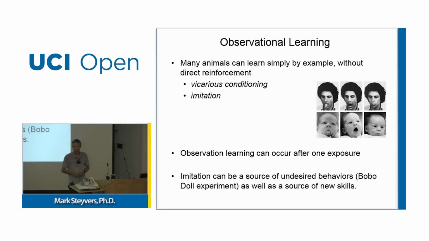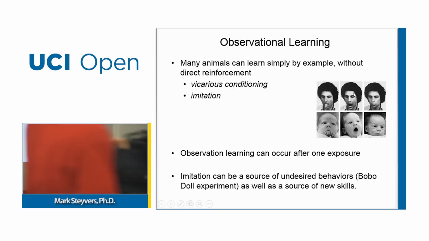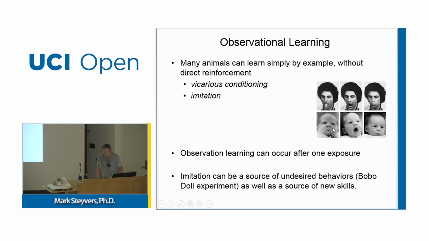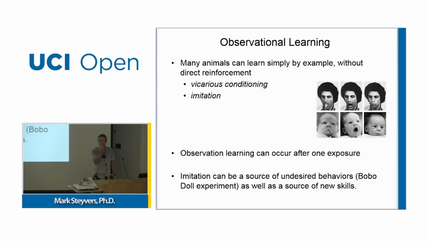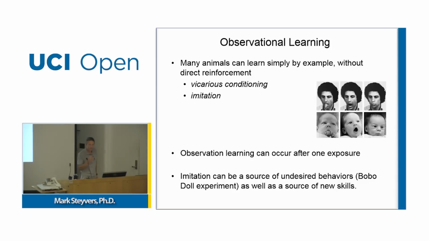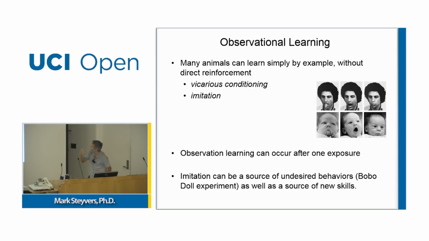This relates to your question earlier. Monkeys can learn by observing what other monkeys are doing. Infants can learn to imitate adults. Just when they're born, they learn to imitate their parent sticking out their tongue, which is an amazing behavior. Think about all the cognitive machinery that's needed to do this. You need to recognize that a tongue is a tongue, and I have my own tongue, and this is what I need to do to mimic this behavior.